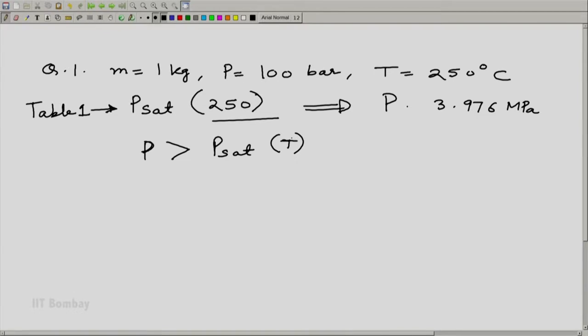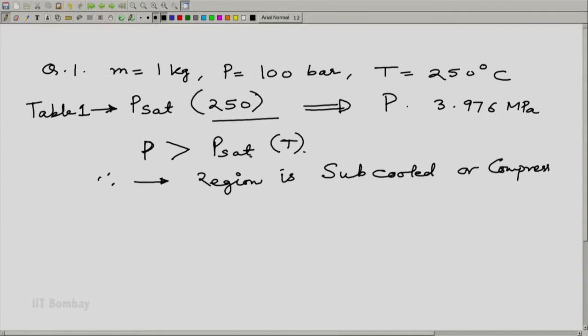So, P given is more than Psat because P given is 10 MPa, and therefore, we can say that the region is the subcooled region, subcooled or compressed liquid region or zone. Now, once I know that we are in the subcooled region, I know that I have to refer to